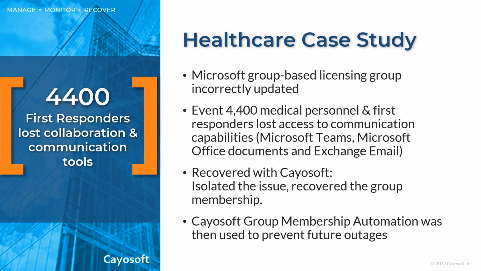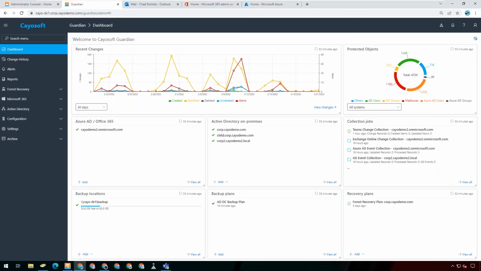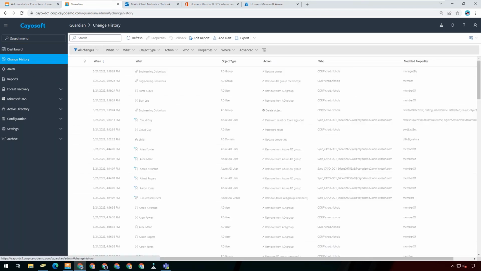I'm actually going to change this to my screen so I can show you guys exactly what occurred and how we helped them to resolve that issue. When this occurred, they had limited time. This is something that's very crucial in the real world. If you don't have a product like this, chances are you're going to have to do some kind of system state restore.